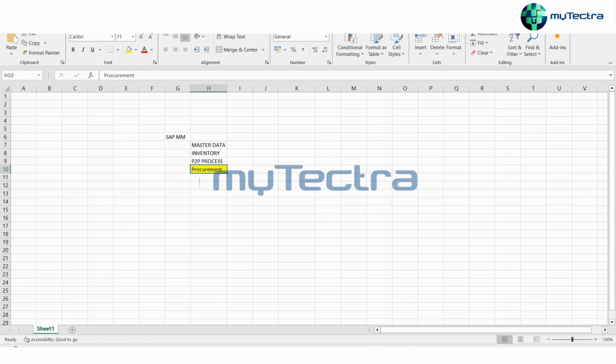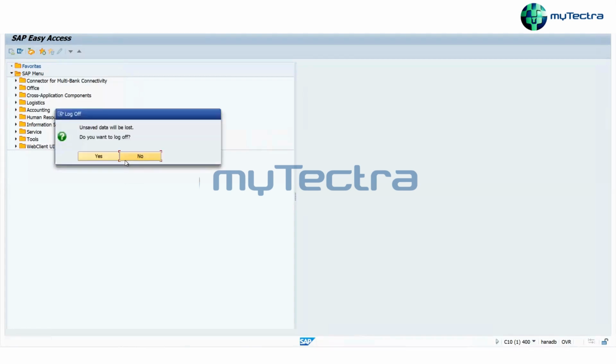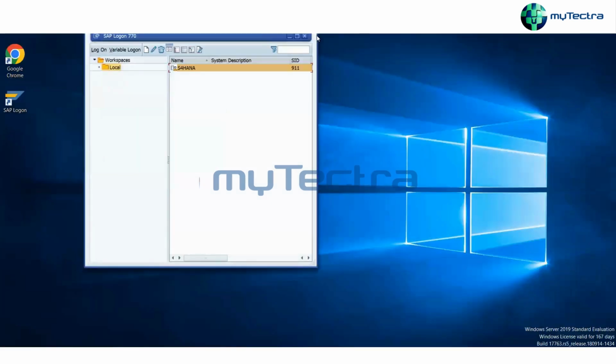So coming to SAP, see, this is the SAP end user screen. You can see it right now. Can you start from the beginning, from the login? Okay, I will start from the login itself. Because I have seen all these screens, but never got access until now.